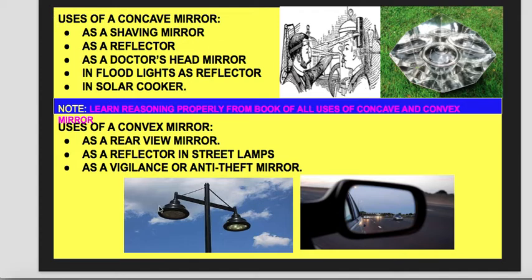As it is, you'll write down all the uses for concave mirror and convex mirror on the rule sheet. But not only the uses, what is important, see here I've given the note that it is learn the reasoning properly from the book of all uses. So as a reasoning question also at times the examiner asks you, so that part should be very clear. Reasoning of all these, why this is used as a rear view mirror, because it covers a wider area and hence it forms smaller images of all the vehicles behind the car, and we can easily see more of the vehicles. So this is an important part.